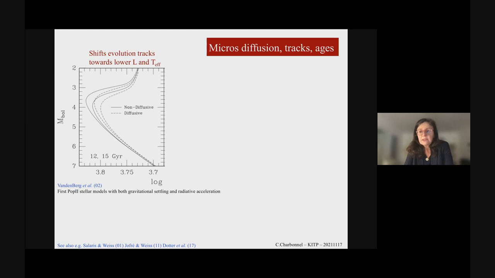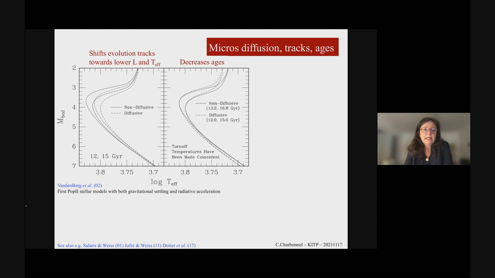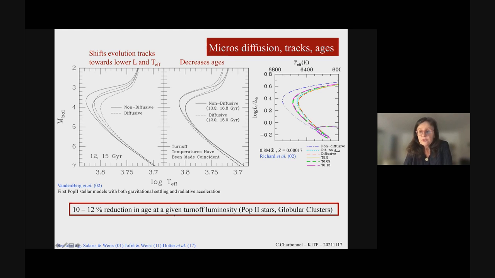So it's important because even if there is some turbulence that counteracts the effect outside the star, or in the external part of the star, atomic diffusion still plays a role inside, and this changes the lifetime of the star. And here you can see, for example, that when you include atomic diffusion, the isochrones move to the right. That means that you are going to determine ages which are reduced compared to isochrones, these ones, which are computed without atomic diffusion. So these are tracks for non-diffusion and pure atomic diffusion.